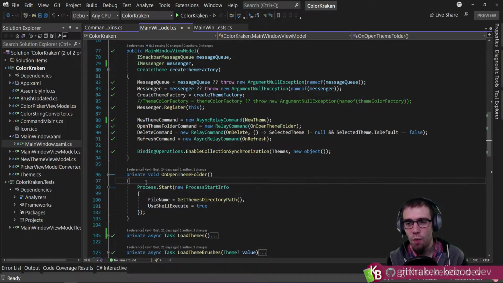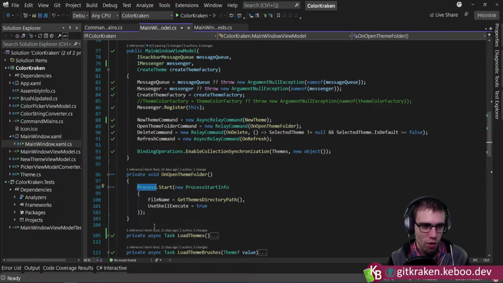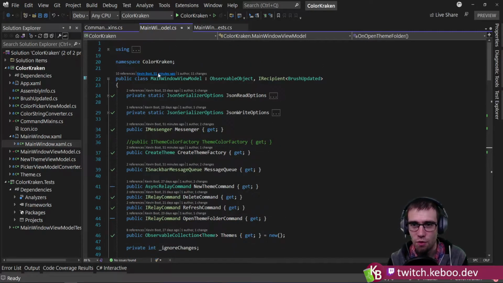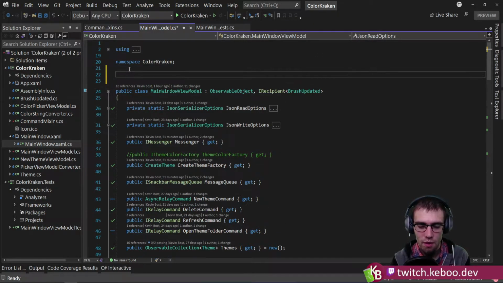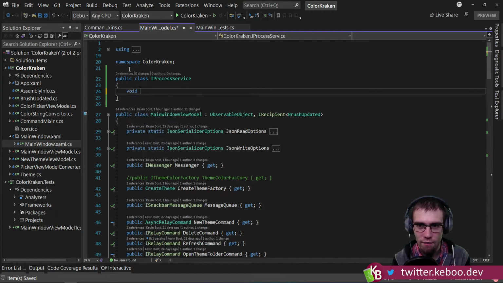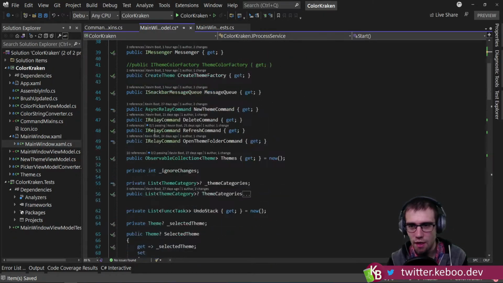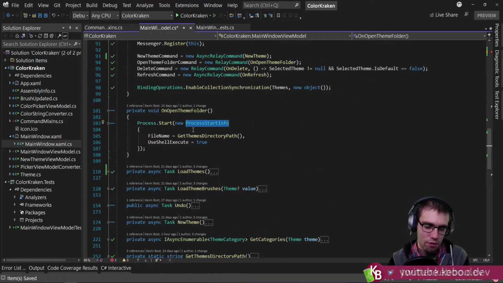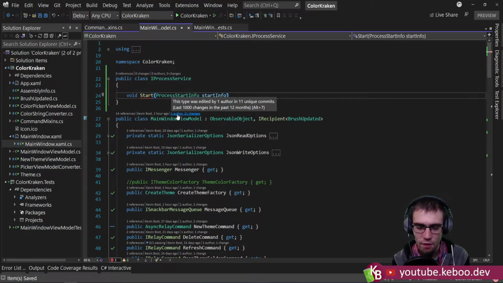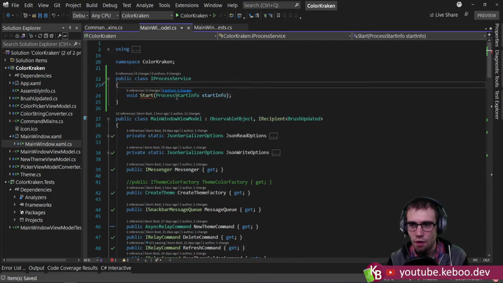Option number two, we could go and create our own, we'll call it process service. We could create an IProcessService that calls start, and we could validate that. And actually, that's probably not a horrible idea to show real quick. So if we do public class IProcessService, and we will do something like void Start, and it will take in a, we'll just do this, StartInfo,